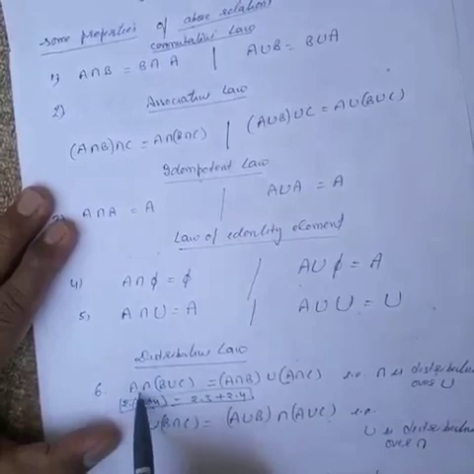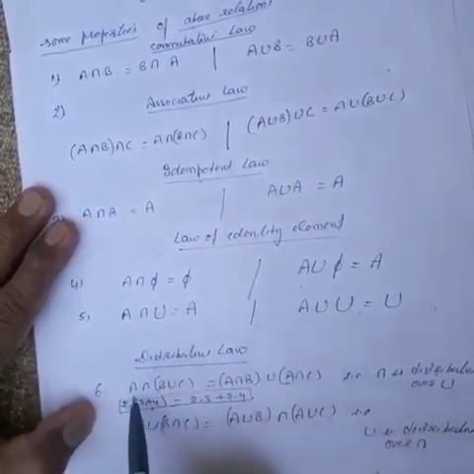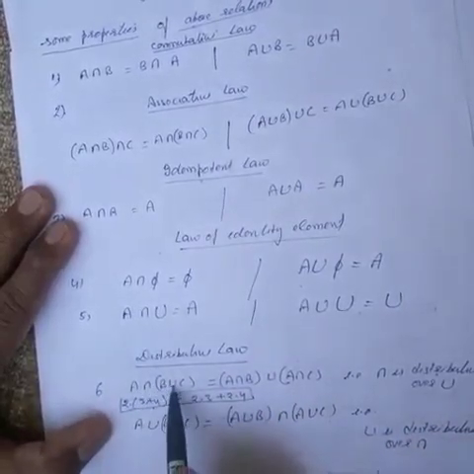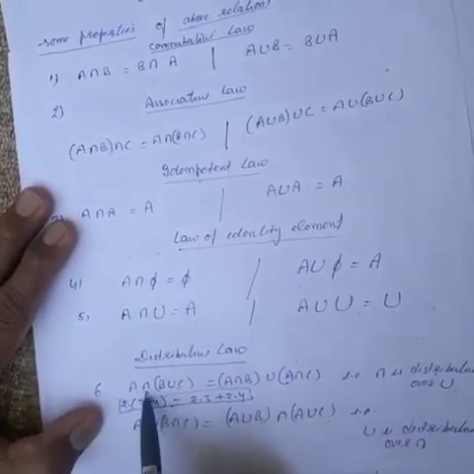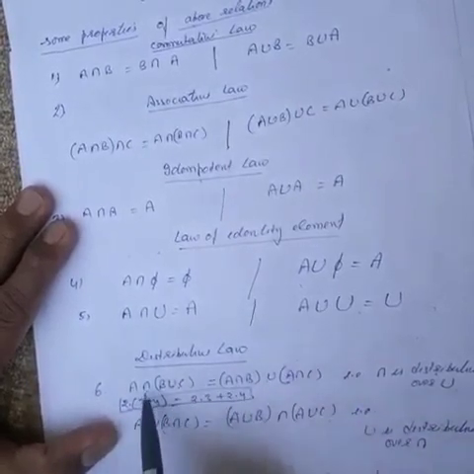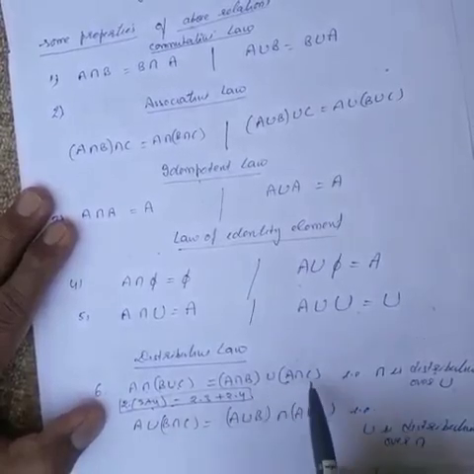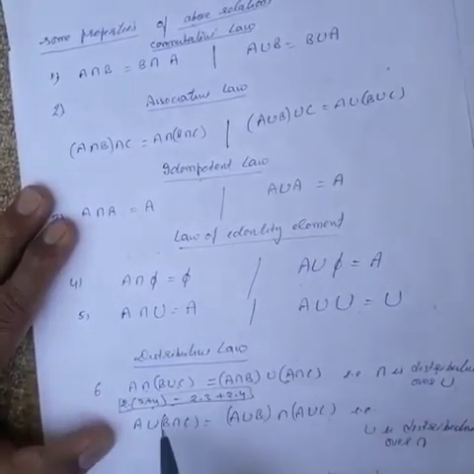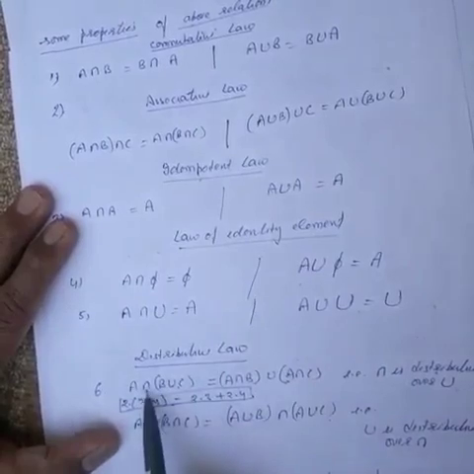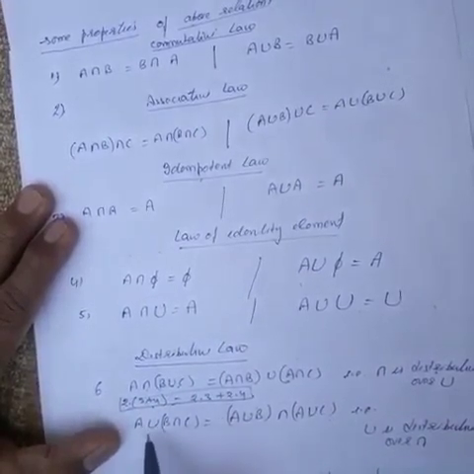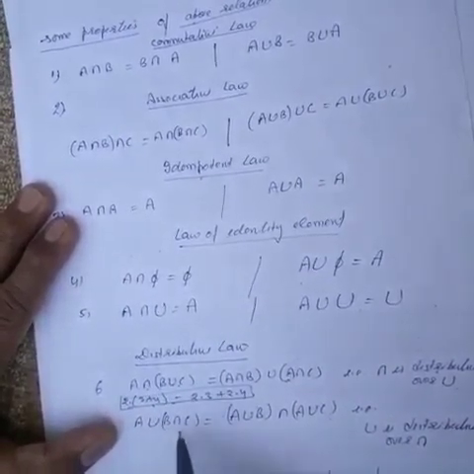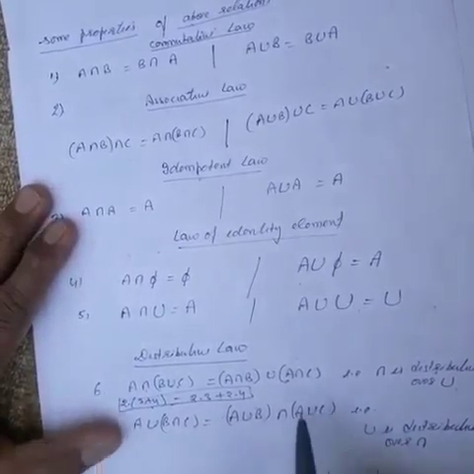Similar to this is the distributive law for sets: A intersection (B union C). So we need two operations to understand this. A intersection (B union C) is (A intersection B) union (A intersection C). And for the second distributive law, you interchange intersection and union, and this is the new distributive law: A union (B intersection C) will be equal to this, and these are the properties that will be used.